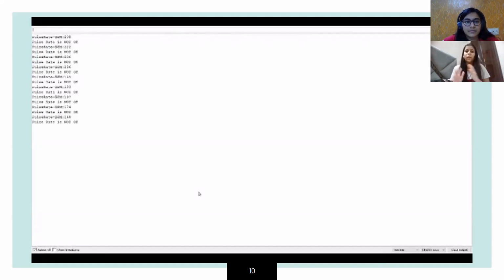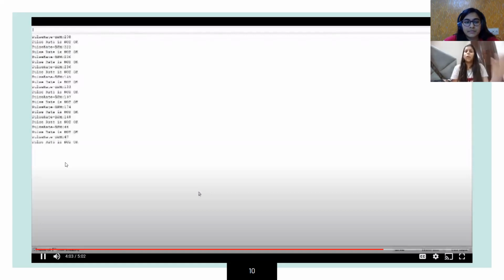As we further move, there are a lot of values being displayed, and also the command that the pulse rate, the BPM, is okay or not okay, also gets displayed on the screen along with all the BPM values. So as we can see, this goes on and all the values get displayed on the serial monitor.